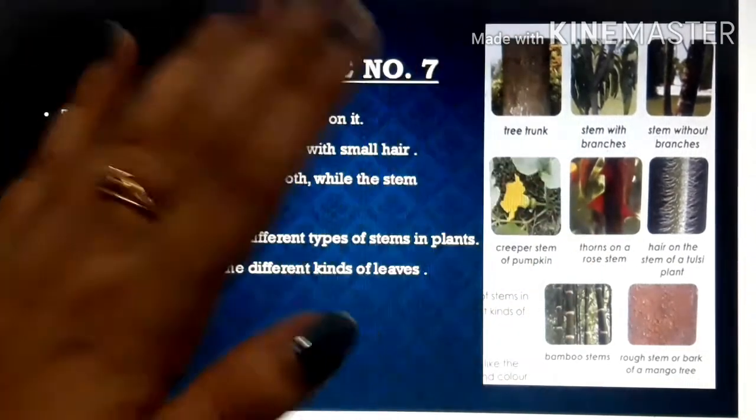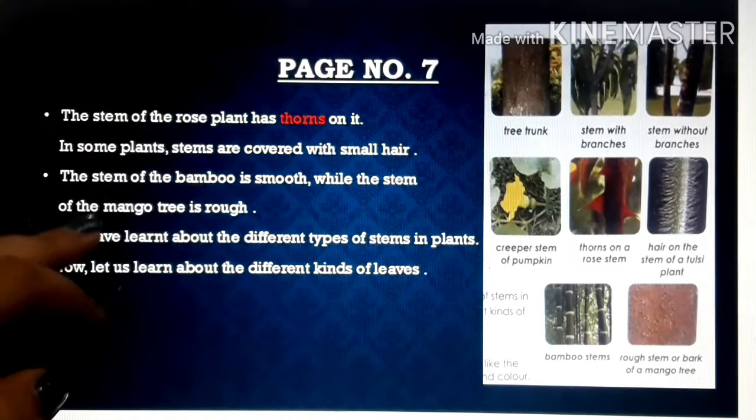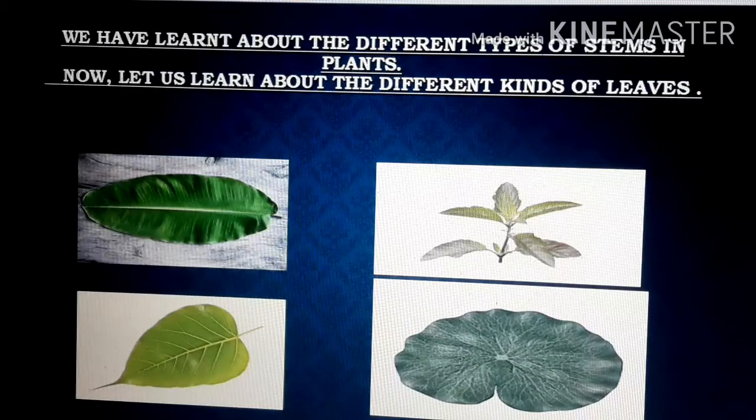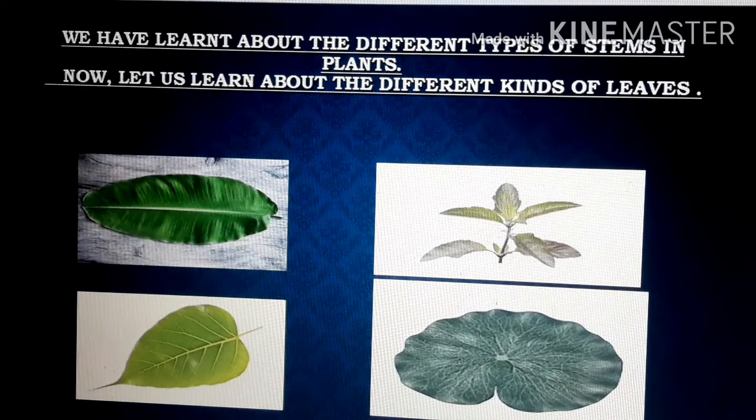But the bamboo stem is very smooth. So this is the difference between the stems of the bamboo and the stems of the mango tree. Clear? Next, children, as we have studied about the different types of stems in plants, now we will study